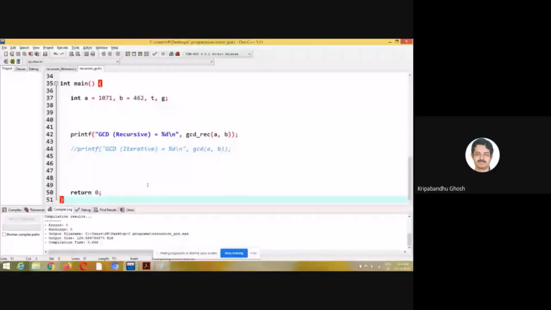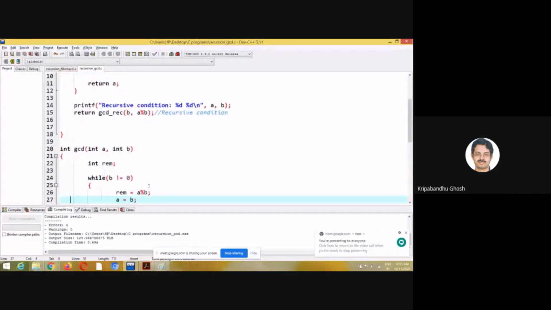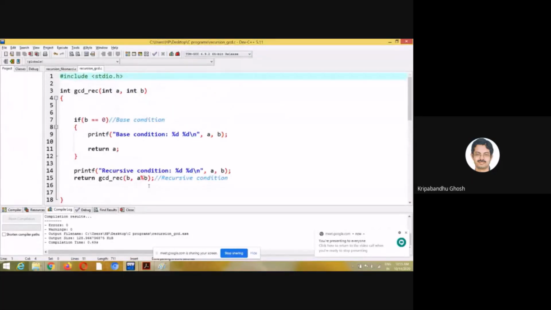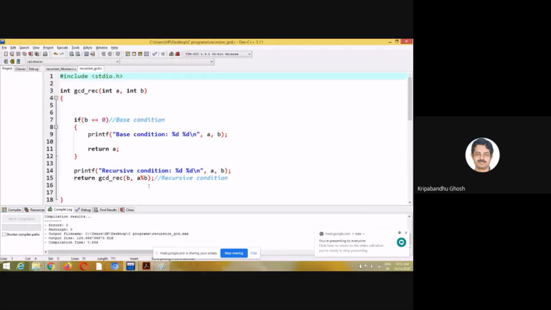Okay, so let me show you the solution. The solution Nakshatra showed us is also correct. Of course, he did the check just one step before what I am going to show you. I would like to say that his solution adheres to the actual solution of Euclid's algorithm more, but the solution which I'm going to show you goes just one step ahead.